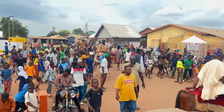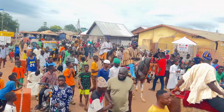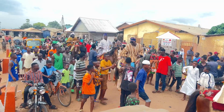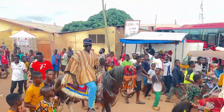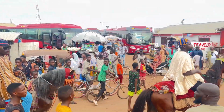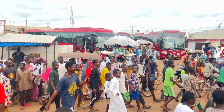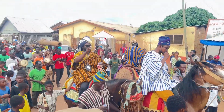And also even people who are supposed to do weddings can also put it on in order to grace the occasion. Like the groom can wear the 3-in-1 to grace an occasion. Mostly these are worn basically on festivals, but today fashion has taken over, and you will realize that people wear